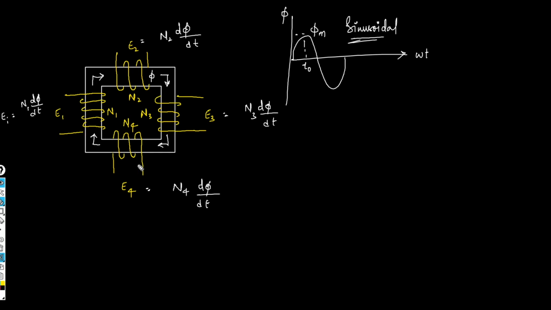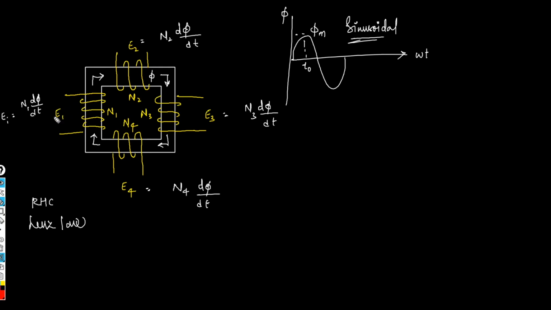But the main concept here we are missing is whether I have to write plus or minus here, similarly in all the four cases. Now let us, using the right hand curl rule and by making use of Lenz's law, find the polarity of the induced EMF E1, E2, E3 and E4 respectively. In order to find the polarity of EMF, first there should be a current flowing through the conductors. If current flows, then only we can find the polarity of the EMF. As there is a varying flux with respect to time, definitely EMF got induced.